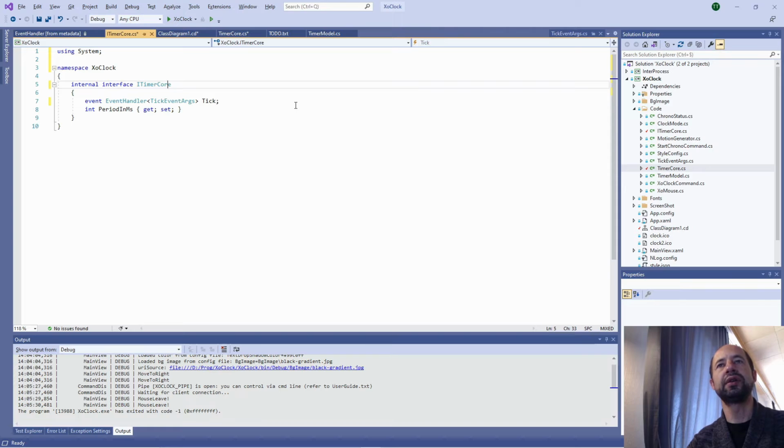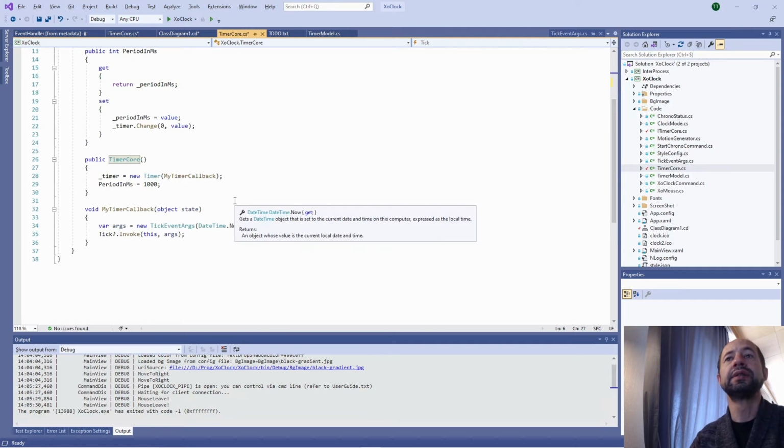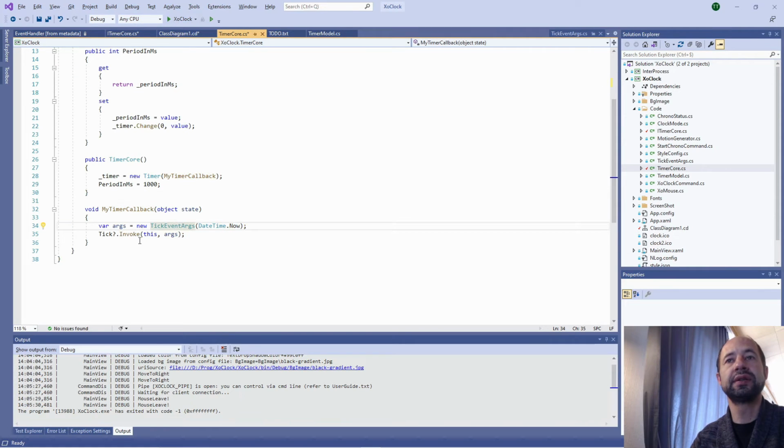The eTimer core interface here defines this event handler, and inside the event pattern, let's look if this is correctly done: tick, tick, tick, tick, my timer callback. Inside of the timer core, I'm using the pure timer that I could also use directly.